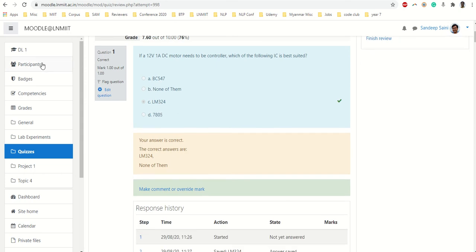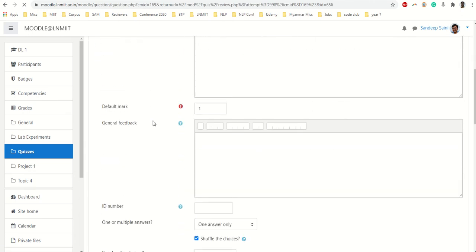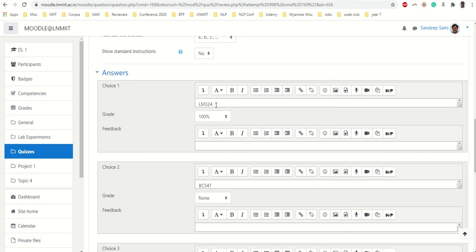We can go to our question bank, change this question, or directly go to edit question from here only. I go to edit question, and we have to be very careful that we don't change these choices text. These should be untouched. If you have written something wrong in the choice text, then we cannot change that, because that has already appeared to the student and accordingly they have made the choice.